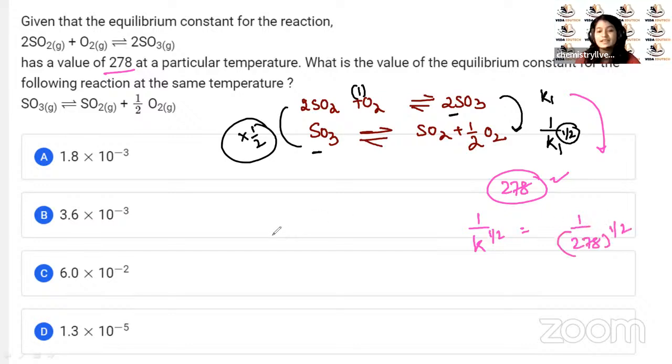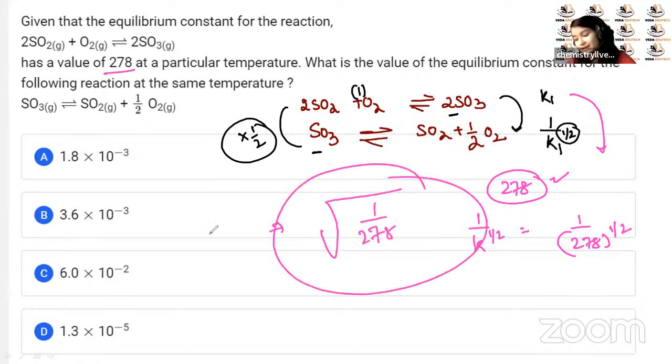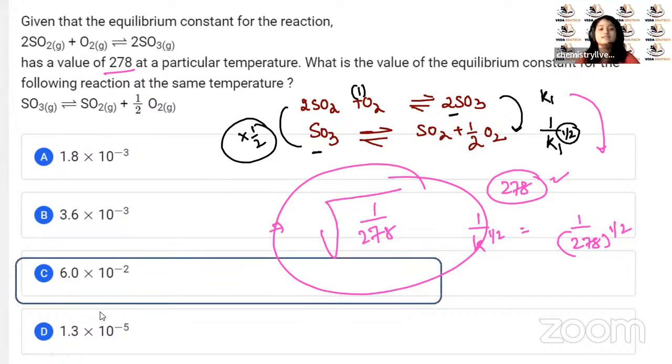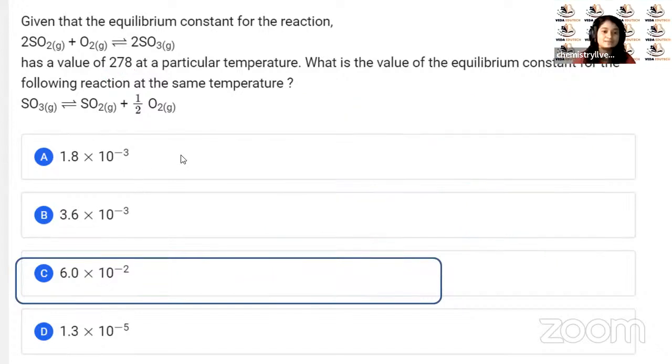तो तुम्हारा 1/K1 का वैल्यू क्या आ जाएगा, 1/K1 to the power half, तो क्या करोगे 1/278 to the power half, यानी कि यहाँ पे ये बताया जा रहा है root over of 1/278 तुम लोगों को निकालना है, ठीक है। इसको निकालो और मुझे आंसर बताना, ठीक है। तो इसका आंसर तुम लोगों का आ जाएगा 6.0 × 10⁻², इसको सॉल्व कर लेना तुम लोग, ठीक है।